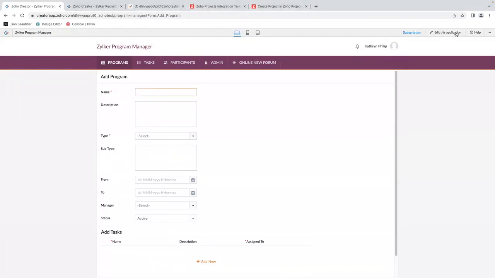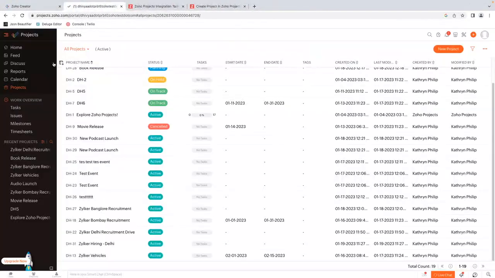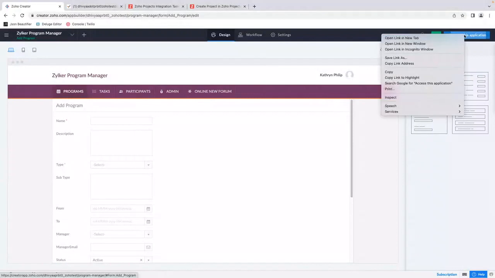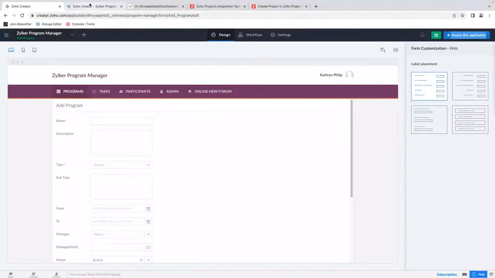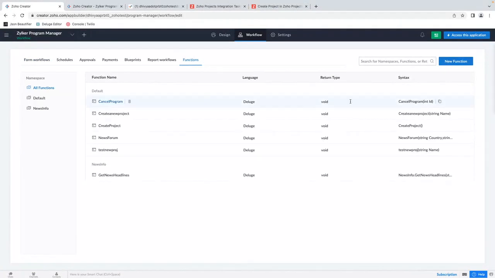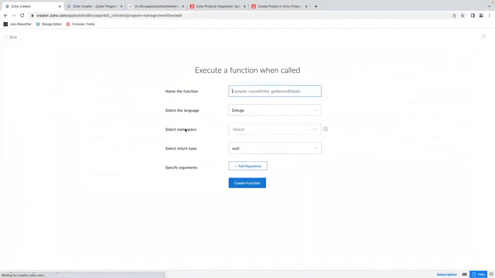So now I'll go to edit this application. And I'll also keep one opened in live. So it's always a good practice to keep one in edit mode and one in live. So whenever we make a change, we can see it in the live as well. Now I'll go to edit, and as I was telling, I'll first start by creating a function. So I'll go into the workflows and I'll hit the function. Right. I'll create a new function